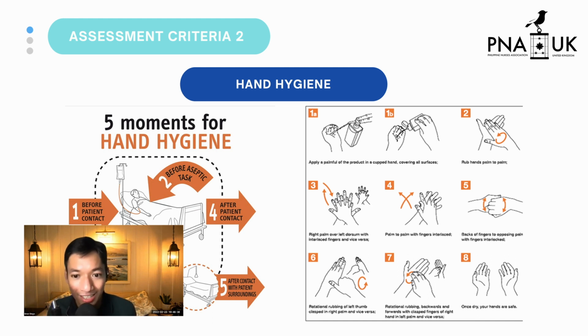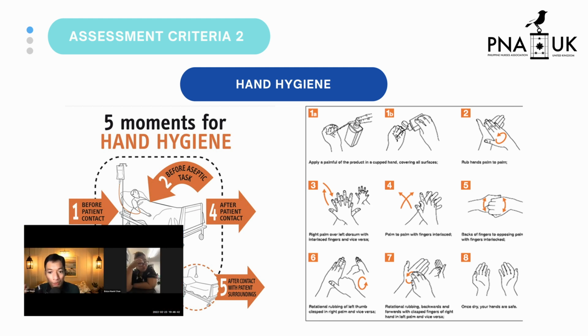Just do it. Okay? Remember that. Why? Because the assessor can see you performing it. And the most important thing you have to remember again for hand hygiene is the 5 moments of hand hygiene. So before patient contact, before aseptic task, after patient contact, after body fluid exposure risk, after contact with patient